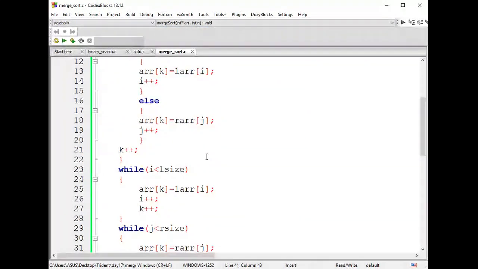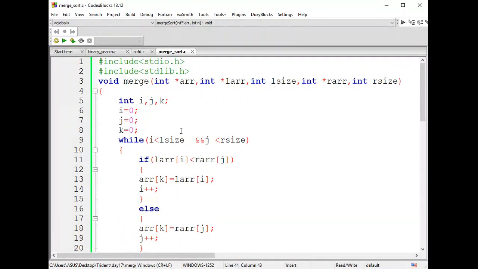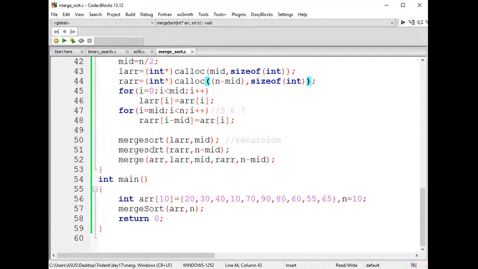If there is any other issue, merge sort, unreferenced merge sort. Just a minute, guys, we'll debug it. Merge sort, I guess, is given in uppercase, and here it shows that there is no function called merge sort. Here we mentioned lowercase. That's the issue.